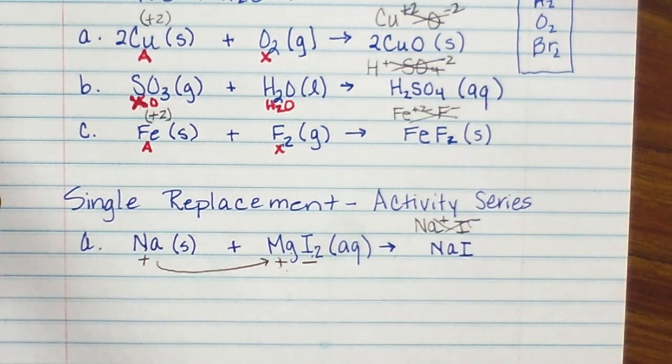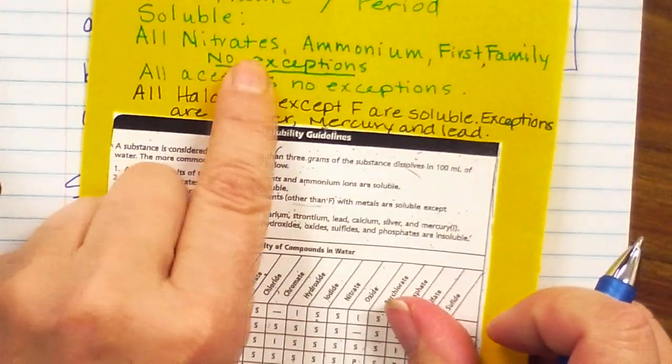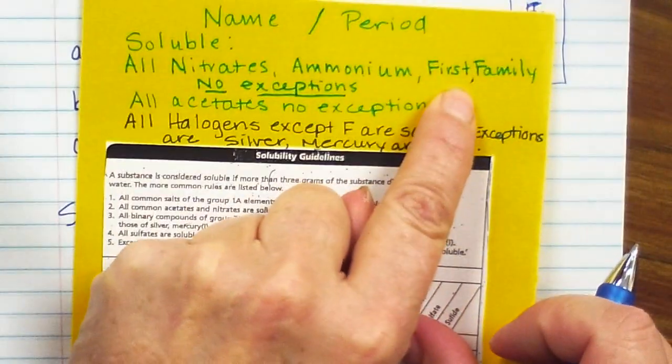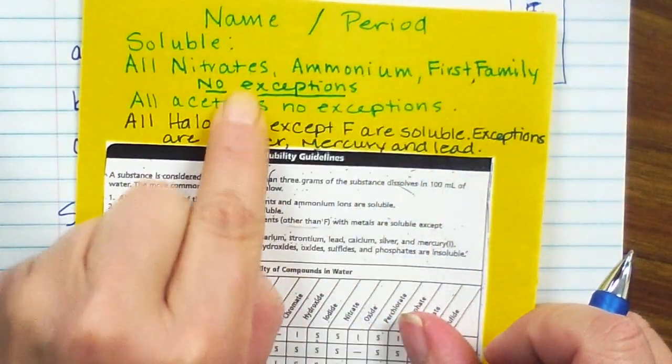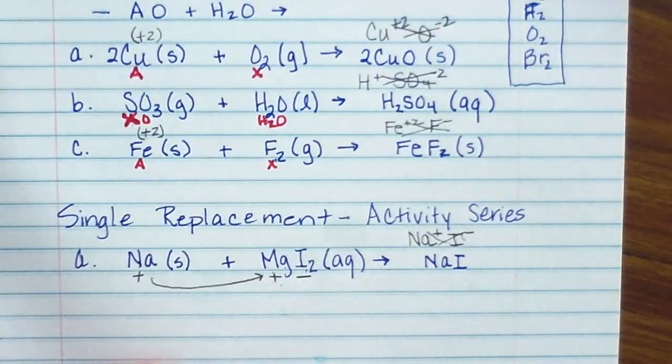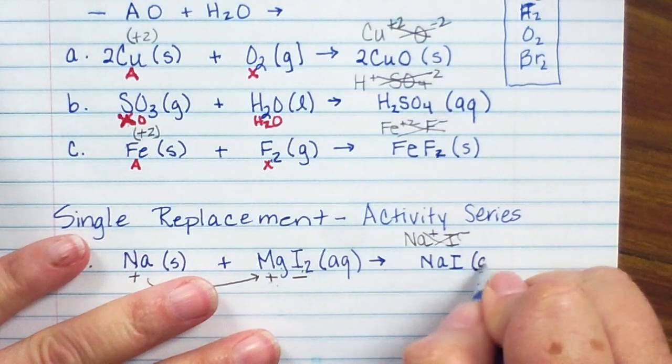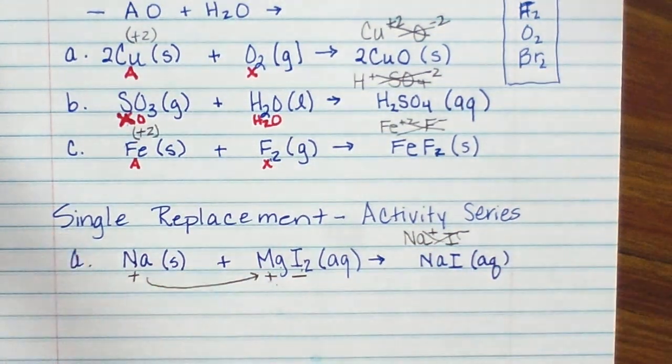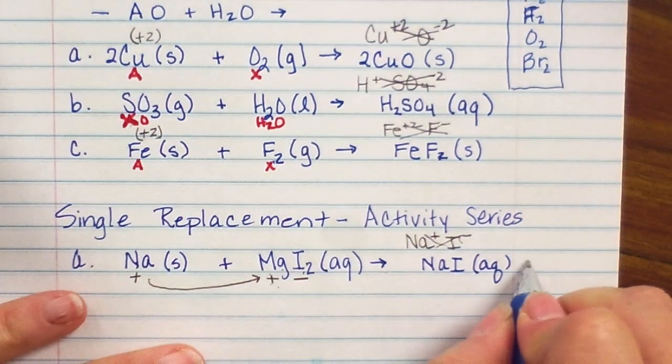I go to get the state of matter, and what I see is I don't have to go very far because first family, no exceptions, is always soluble. No exceptions. And sodium is first family. So without exceptions, it is always soluble. Plus,